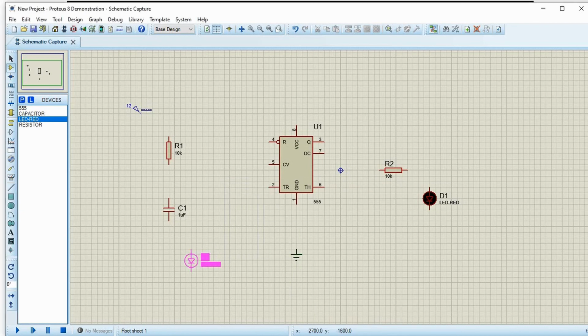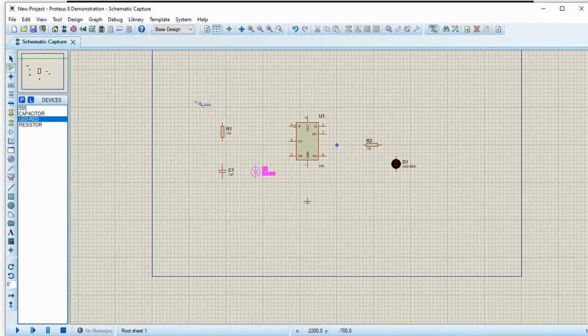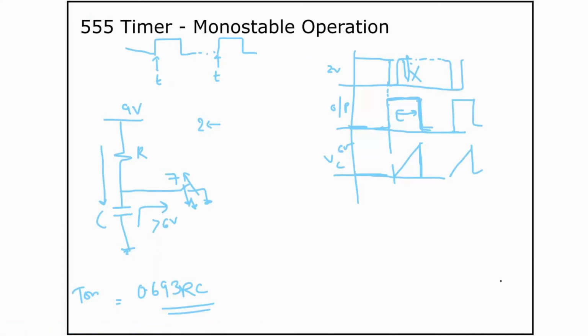Before that, let me tell you generally how we use a switch in a circuit. Let me get back to the slide. Let's assume that you have to give this kind of a pulse, or one low pulse. Initially it should be at VCC, then it will go to ground and come back.